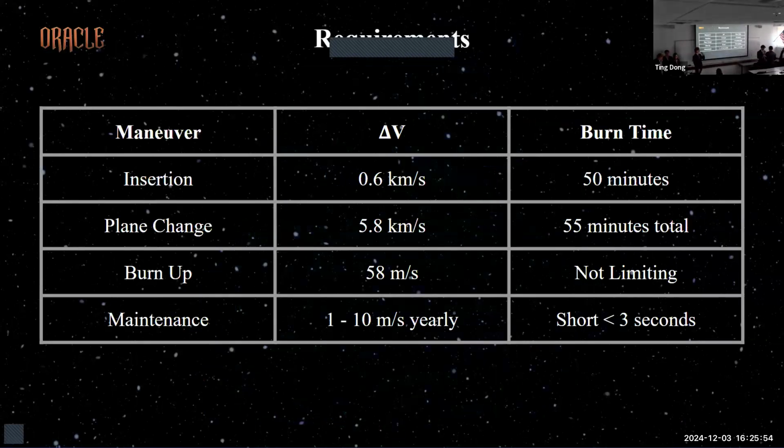We identified 4 key burns: our insertion burn, our plane change burn, our burn, and our series of small maintenance burns. During our insertion burn, we have a relatively small 0.6 kilometers per second, and you'll notice here a very large kilometers per second delta V for our plane change maneuver. As said before, this is our maximum possible. So if our insertion ends up properly at 90 degrees right on the equator, we have prepared for that worst